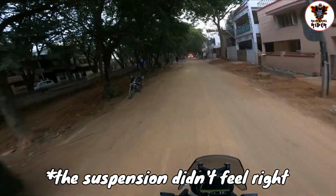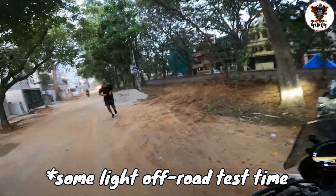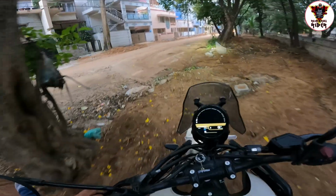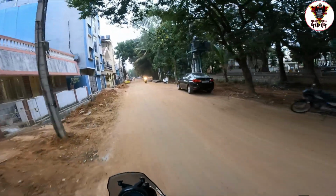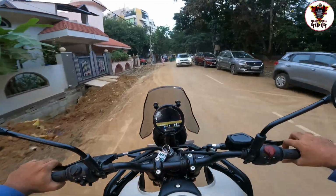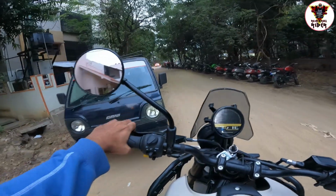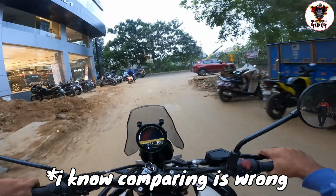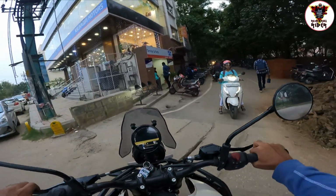Suspension is one for a toss. Let me try the mud road. It's good. People who are used to a little higher handlebar, I think they'll have to get a new handlebar or risers. These don't quite feel like a Himalayan. I know comparing it with the 411 is wrong, but